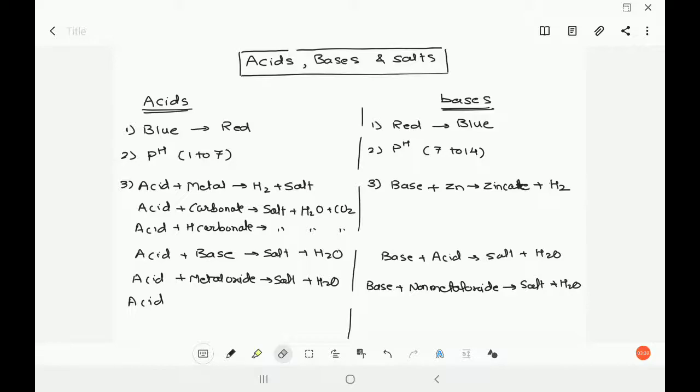Let me give you some examples of acids, like lemon juice and vinegar. These are examples of acids. Bases: baking soda that you have in your kitchen is another example. It's a base, right? You must have seen your parents taking acidity tablets when they get acidity. That tablet is nothing but a base, maybe magnesium hydroxide. I'm just trying to give you the idea that acids and bases are all around you.